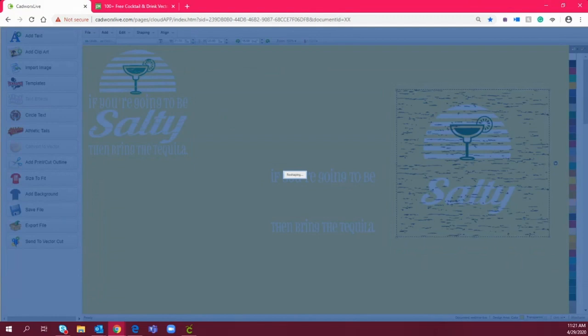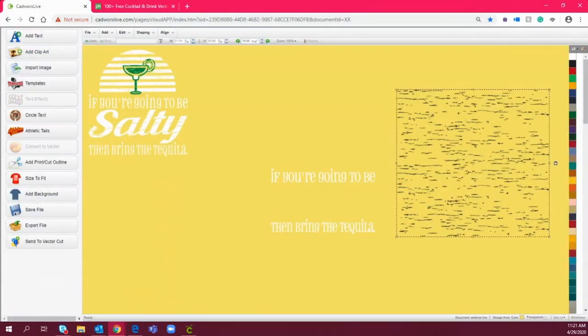Kathleen makes a really good point. Some distressing effects won't cut or weed well. Yes, it did take me a while to pinpoint which distress template should be utilized in here, because some of it is just too detailed and it is really hard to weed. However, this distressed effect has long lines throughout that if you do it large enough, there aren't many small pieces that you have to go in and weed out. So that's why I use this one, because there's really long pieces that I can, for the most part, get with one pull. But certainly you are correct, there are a lot of,